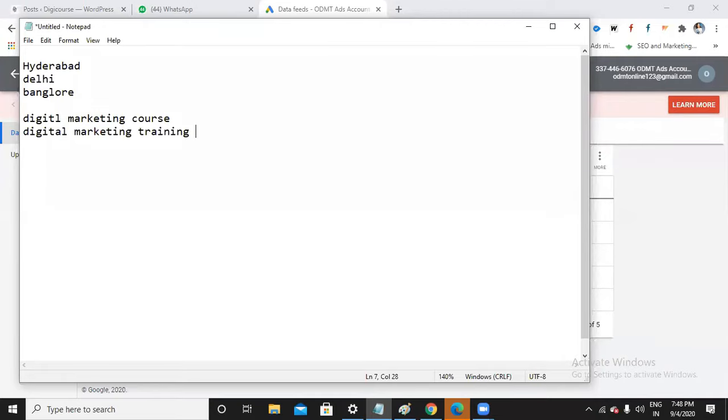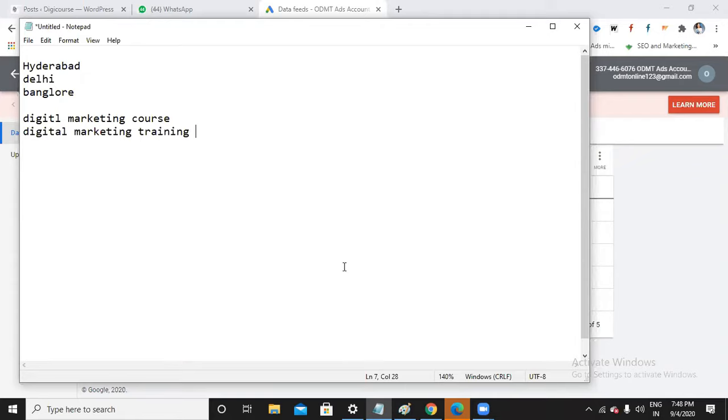So at that time, what you have to do, you can get into one more campaign and you can target the particular location and you can choose this ad group, right? Digital marketing. In such a way, let us say that you're going to have 10 locations. So at the time, creating the campaigns and creating the ad groups and ads for all 10 locations would be difficult for you. So that's the reason I'll be using this ad customizer data.